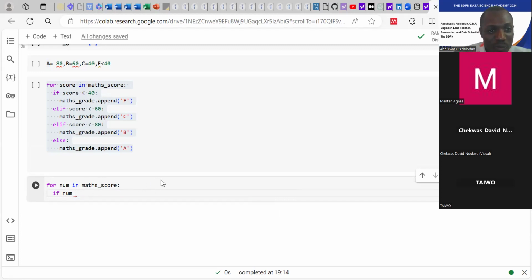If num is greater or equals to 80? Let's just use less than 80. Let's use the exact same things we have above, but reverse the order. If it is less than 80, it's still going to give us the same thing. What should happen? Should append,